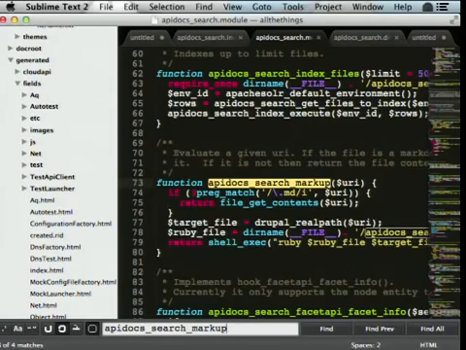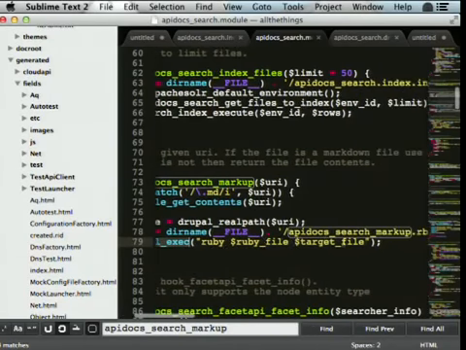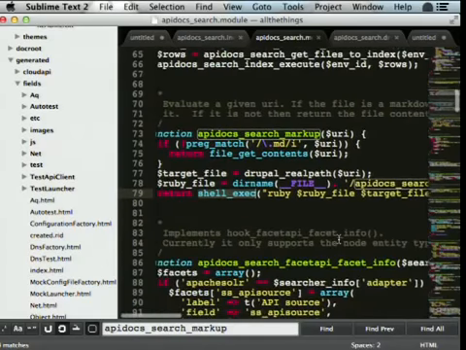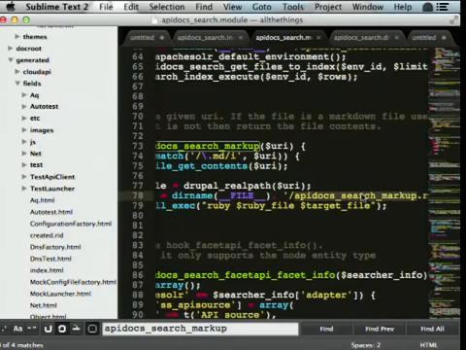So this basically goes through and says if the file is a markdown file, we want to use the Ruby gems to generate it. If it's not a markdown file, we're just going to basically return the content of it. We don't need to store the generated content that comes out of the Ruby gems. So basically what this does is a shell exec, and it actually returns the output directly. Ruby file, and target. So our Ruby file is this particular one,